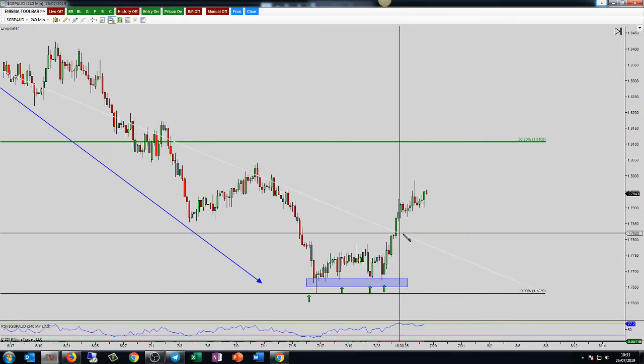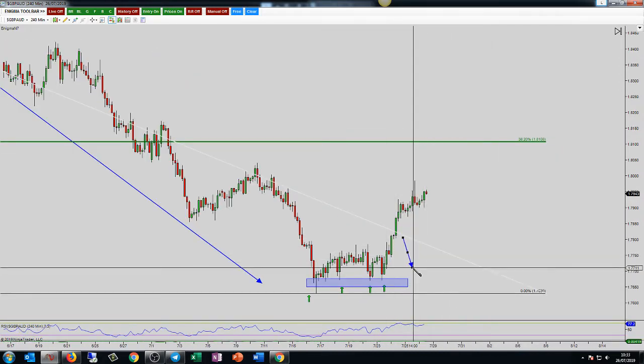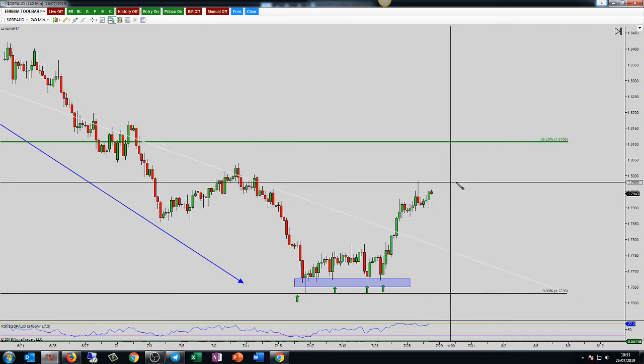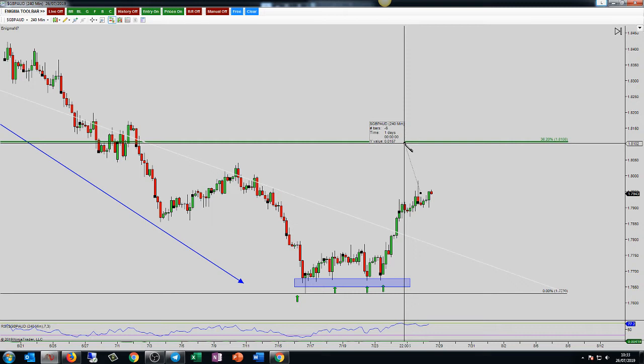I was hoping that we were going to get that pullback for the 26.18 and look for an entry, and we just didn't get it. But the trade is not over. There is still 157 pips up for grabs. Marcus says 56. Well done, Marcus. It almost makes up for the Euro Aussie trend continuation trade that I won on and you didn't.